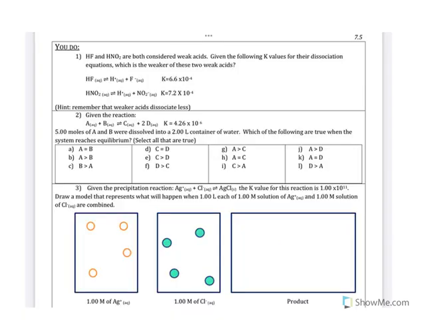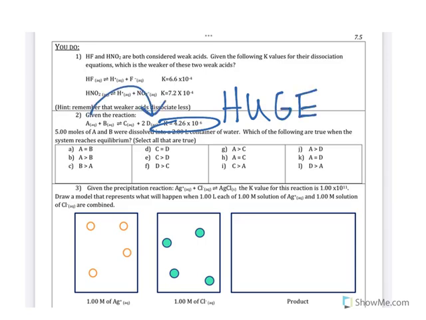Okay, we can do one more. I want to pick this one right here. We have A plus B is reversible to make C plus 2D. And I see my K value. That's where my eyes are always going to go first. This is huge. This has a huge value of K, meaning this equilibrium is seriously favoring these products here. I would expect there to be a significant amount of C and D. But the first one,